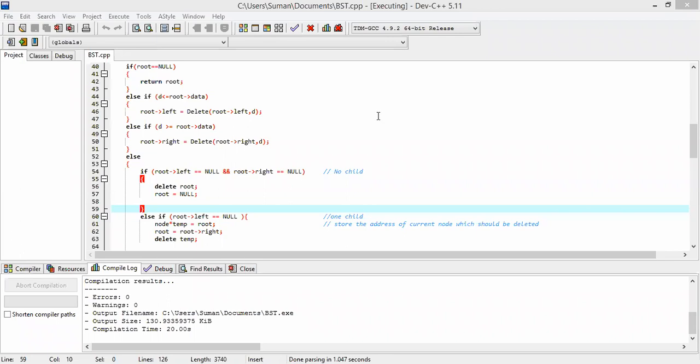Okay, so this is the programming of the binary search tree. As in the previous example also, I have uploaded this in the LMS portal.